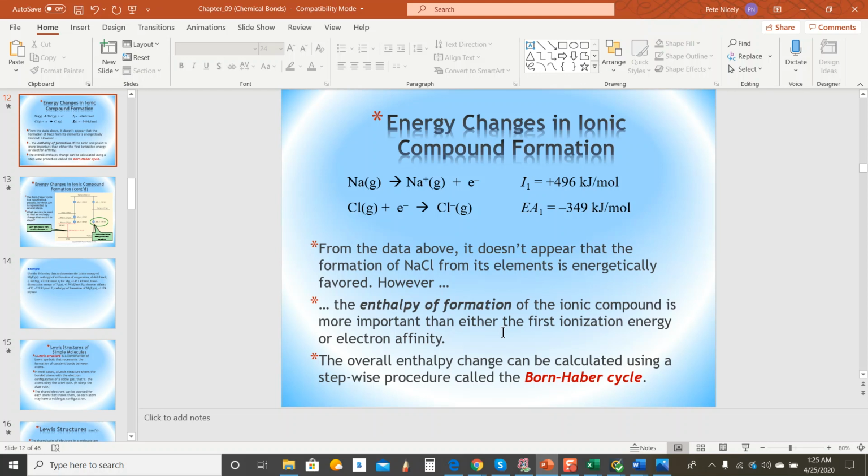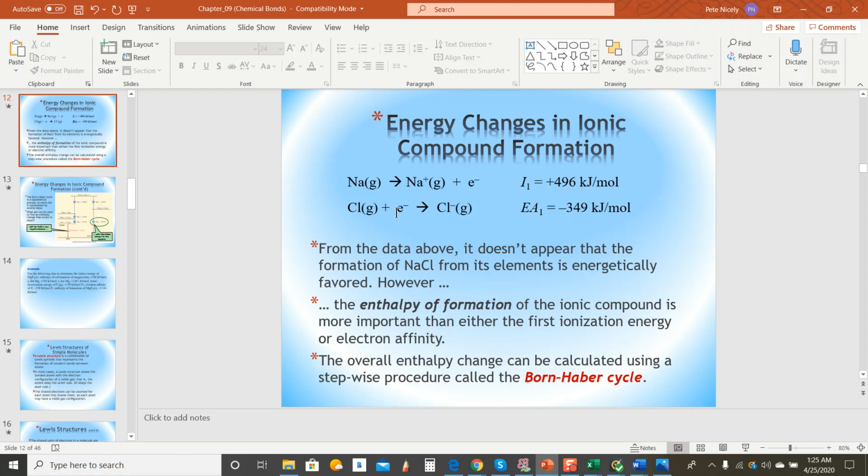Okay, so let's talk about the type of energy changes that will actually take place when an ionic compound is being formed. Now, if you look at the simple description that we gave earlier, where the sodium loses an electron and the chlorine gains an electron, and you end up with sodium chloride. Well, energetically speaking, that is not giving the total picture because,